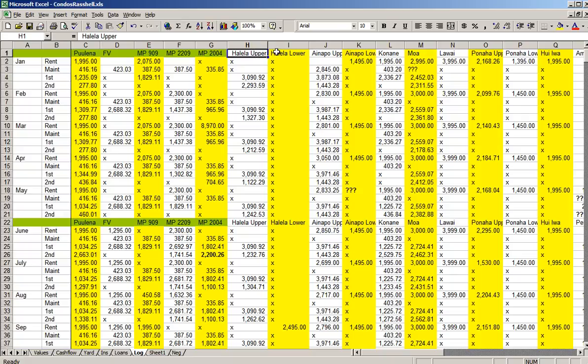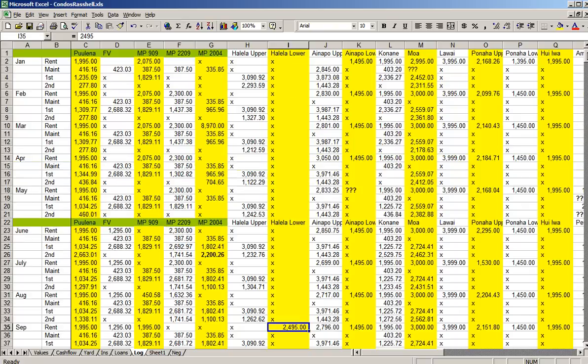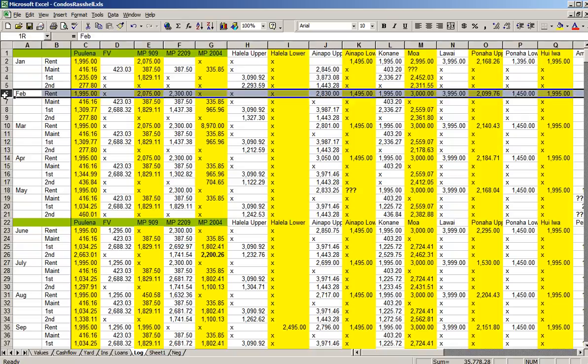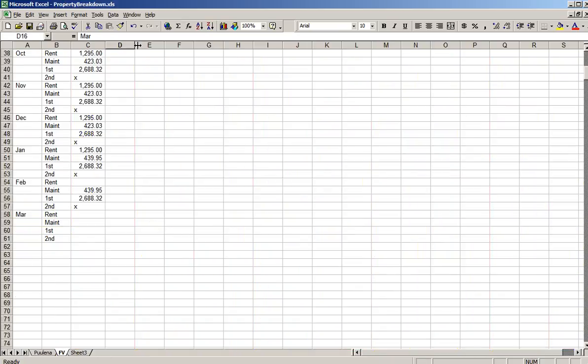You'll see some of the properties, Halela Upper and Halela Lower, are because I had 2 rental units, but it was vacant, except we did get rent right there, $24.95. And then there's another one that has 2 rental units, Inapo Upper. For instance, this one got this much rent from the 1 unit, and for the other unit I got this much rent. So you would just make,